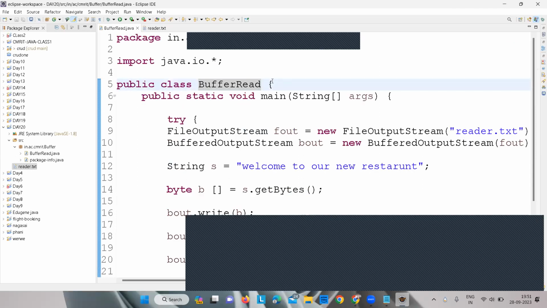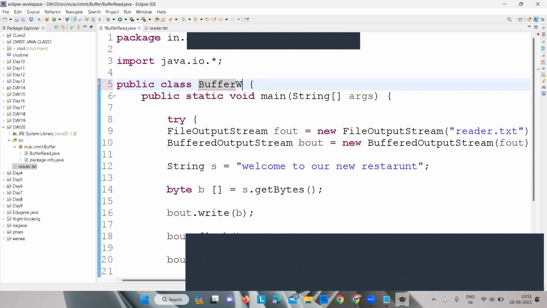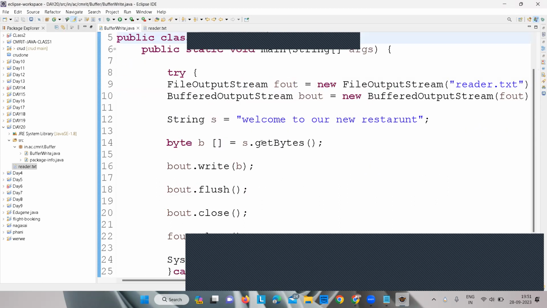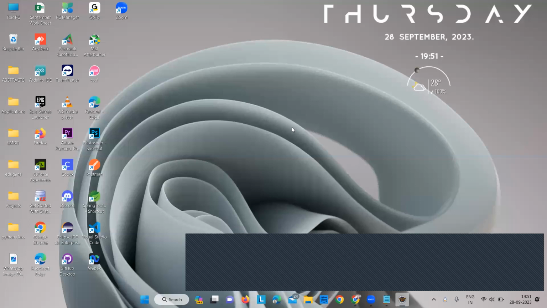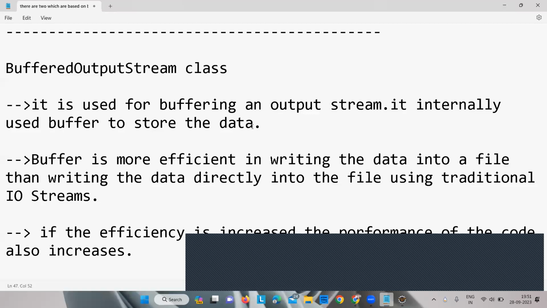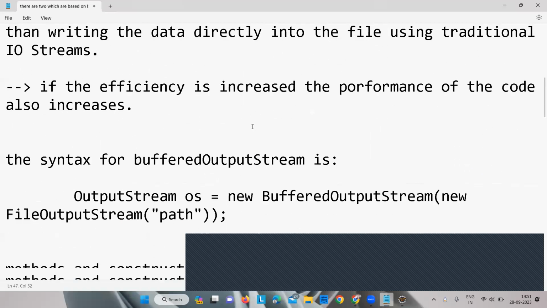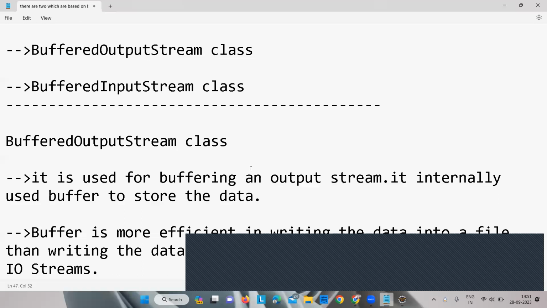Okay, buffer write, where the output buffer is used to write files into our streams. The first basic thing is